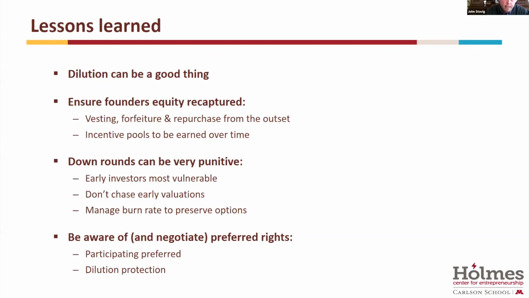In terms of the down rounds, they can be very punitive, and as the example showed, particularly for the early investors. Certainly they hurt the founders, but oftentimes the institutional investors are always going to be making sure that the founders have enough equity to be highly incented, whereas they really don't have a lot of concerns in most cases for the angel investors, and don't need them to be motivated.